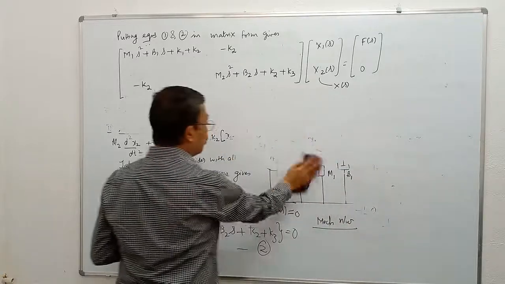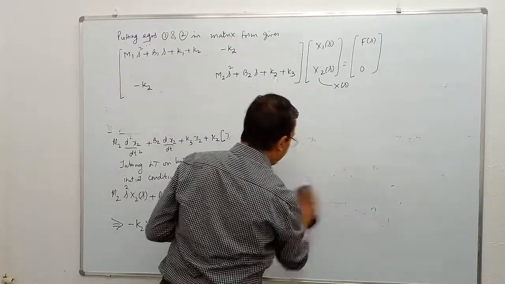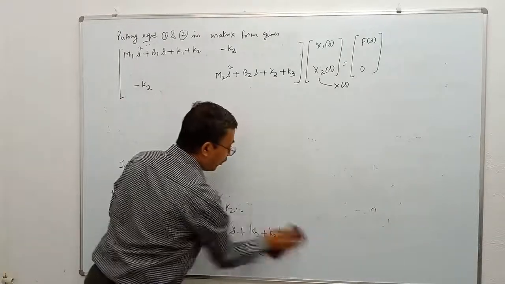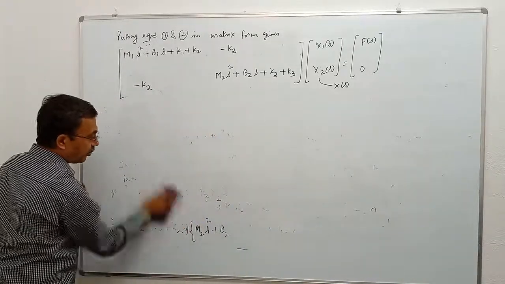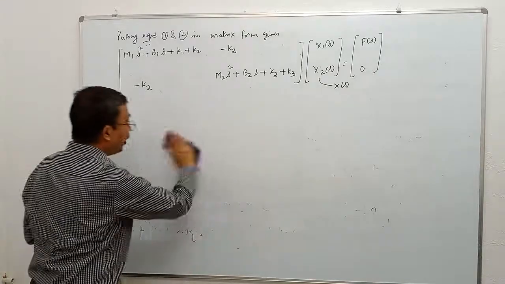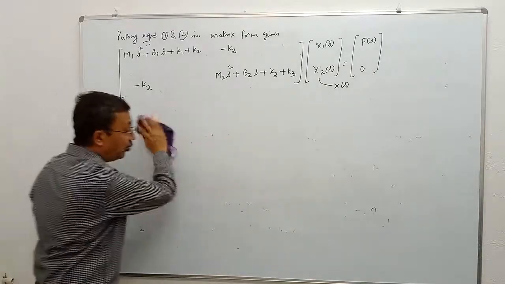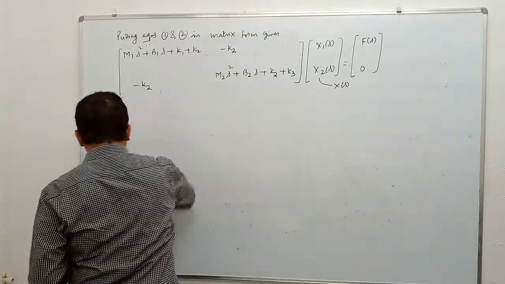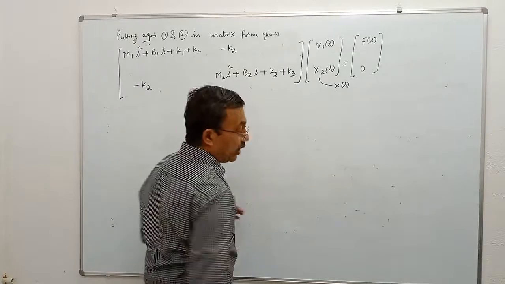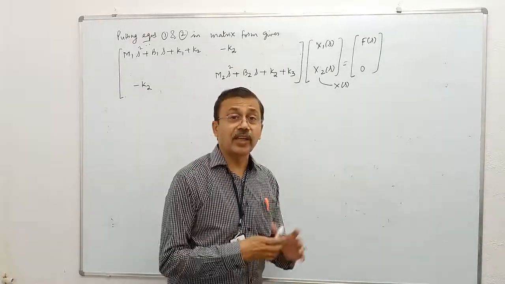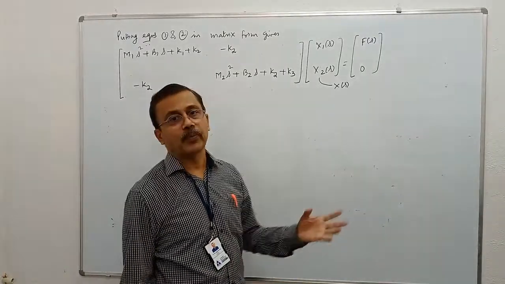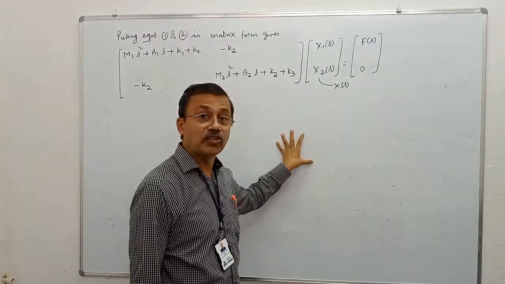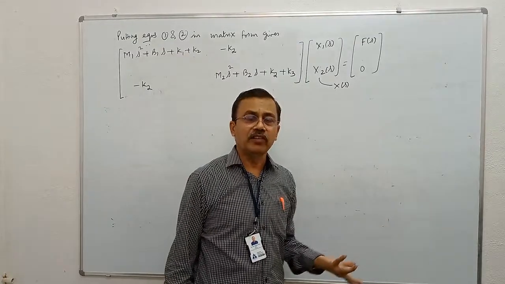Laplace transform of the output divided by Laplace transform of the input under the assumption that all initial conditions are 0 is called the transfer function. And the transfer function is applicable only for linear and time invariant systems. What is a linear system? What is a time invariant system? You have to understand. If a system is represented by a linear differential equation, it is called a linear system. If the coefficients of various derivatives in the differential equation are constants, it is called a time invariant system.